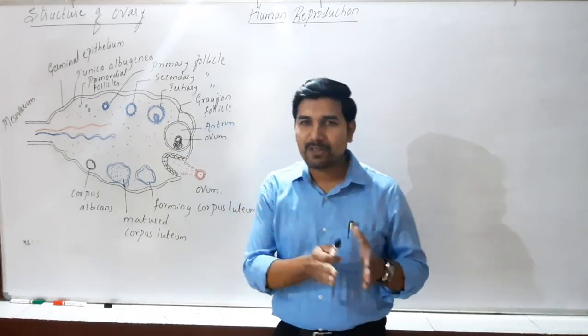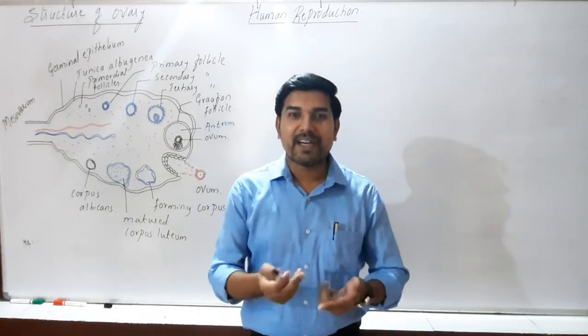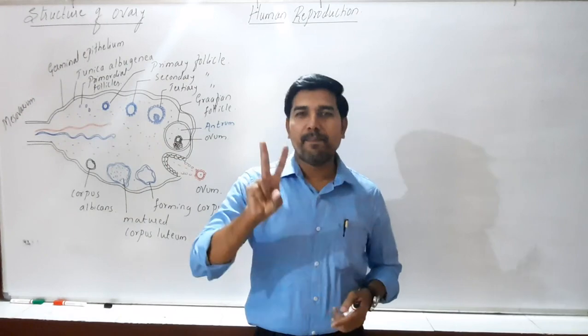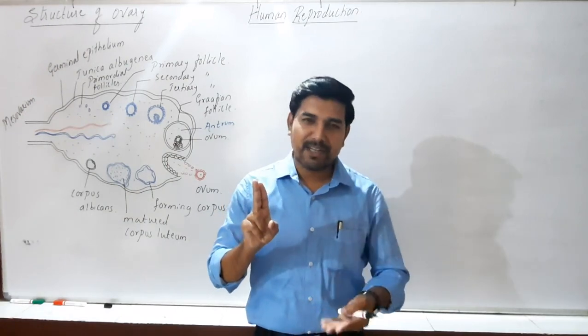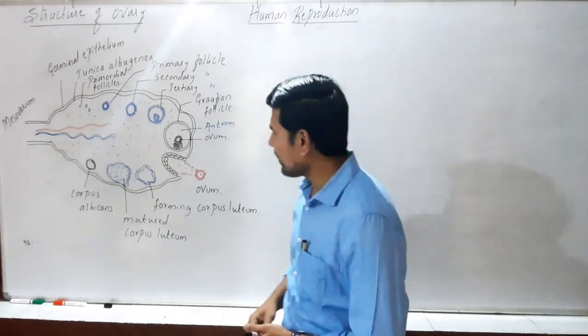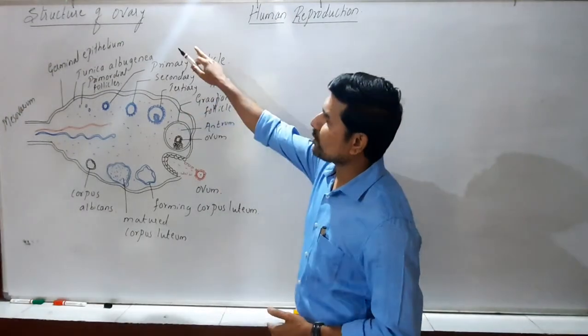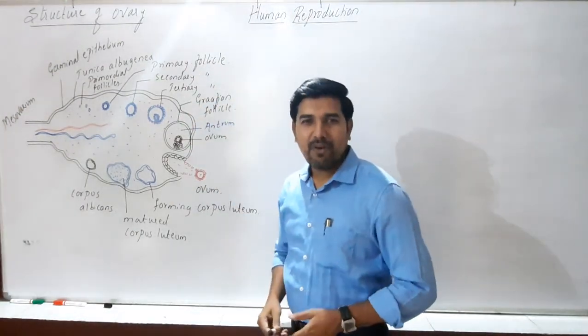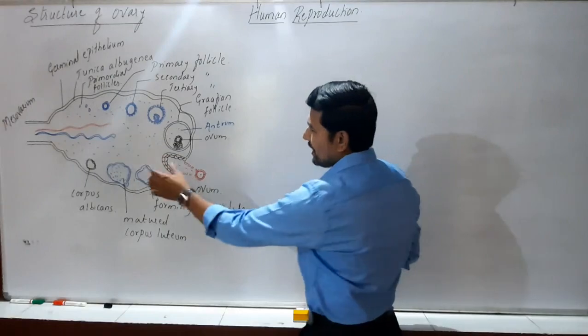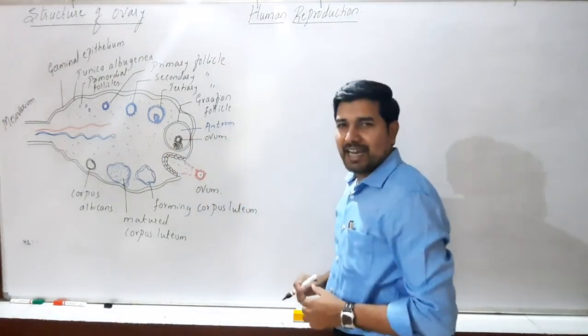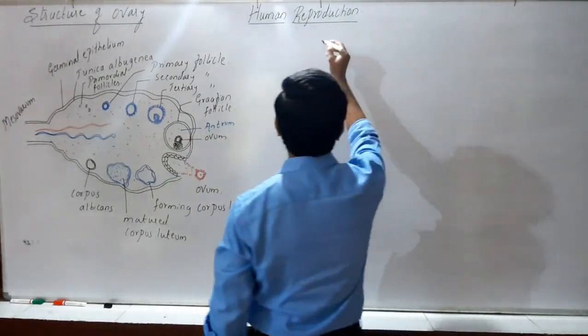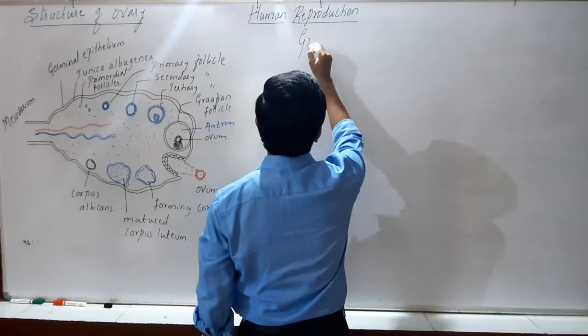Estrogen is the female sex hormone. Progesterone is a pregnancy maintaining hormone, and hence both the hormones can be termed as the female sex hormones only. Okay, so this is regarding the structure of the sectional view of the human ovary. With this, let's look at the structure of the second one, the Graafian follicle. So here we come across the structure of a Graafian follicle.